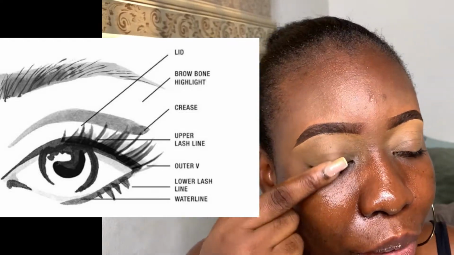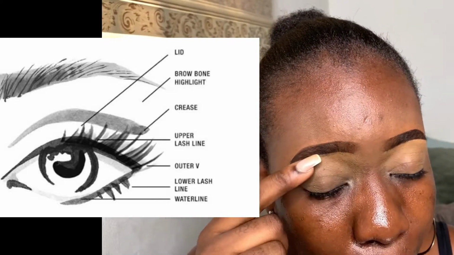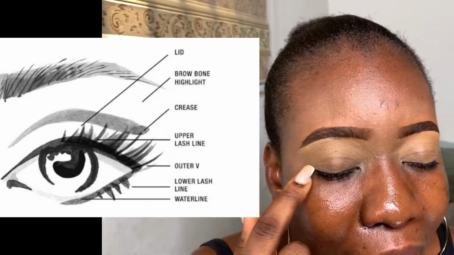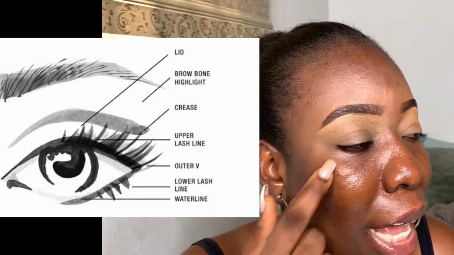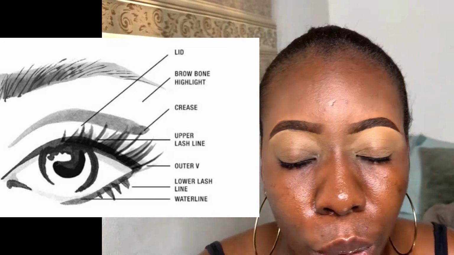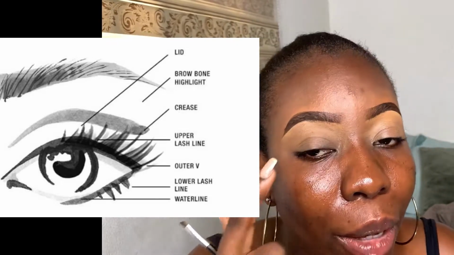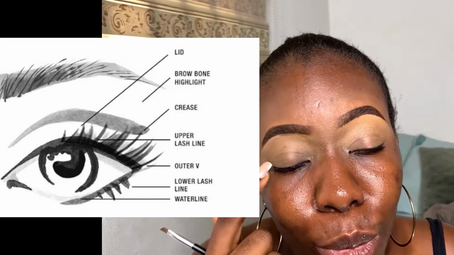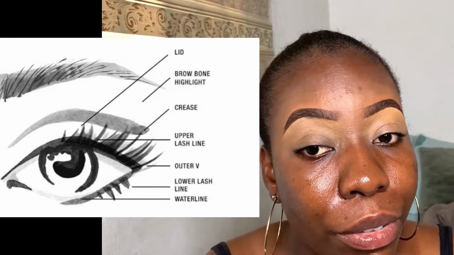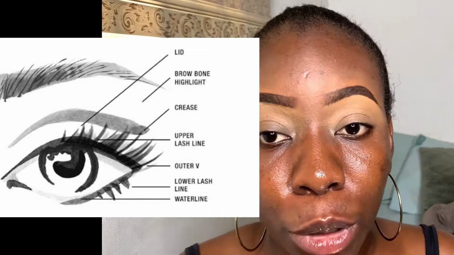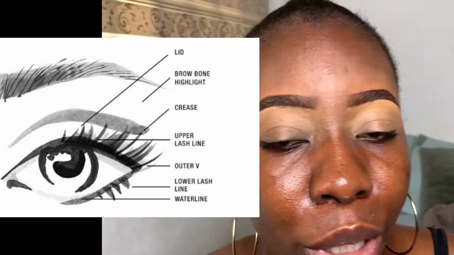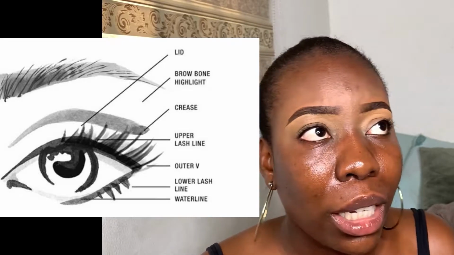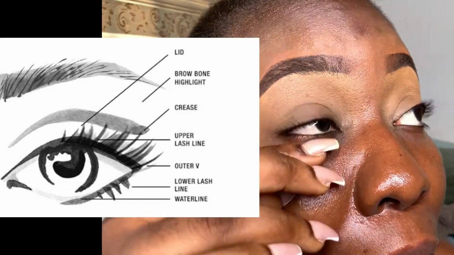So we have the eyelid, the crease, the brow bone, the inner corner of the eyes, the outer corner of the eyes. The inner corner is also called the tear dot, and the outer corner is also called the outer V. Okay, then the next step is to identify your lash line. You hear people say, oh, lower lash line, lower lash line. The lower lash line is